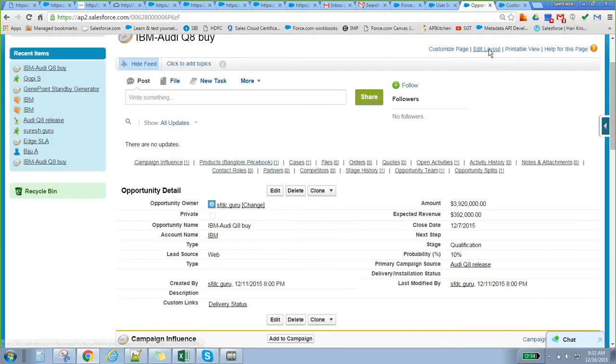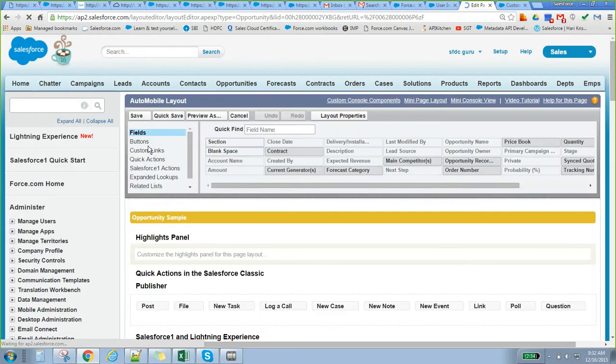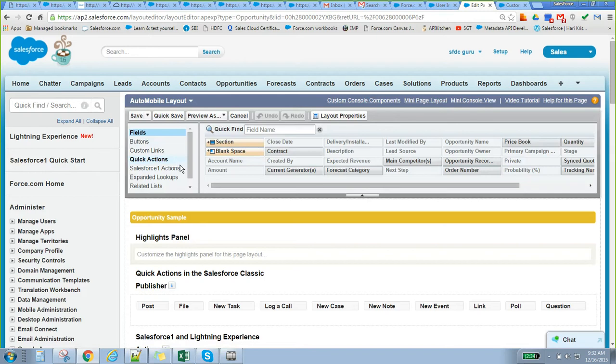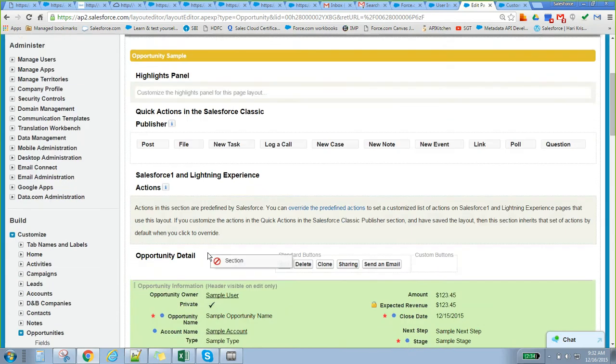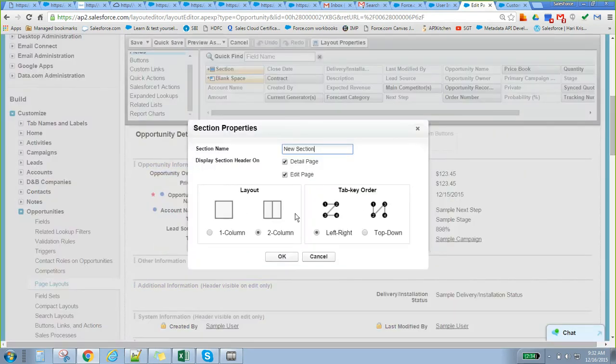Go to page layout. There is something called section here. Drag it to this particular detail page. It is asking whether it's a single column or double column. Single column means it will come on only one side.